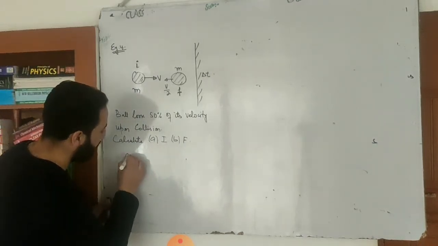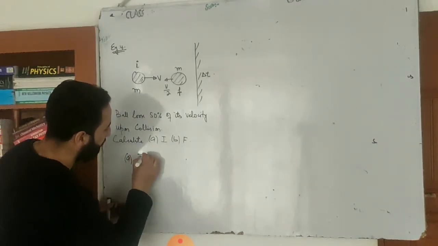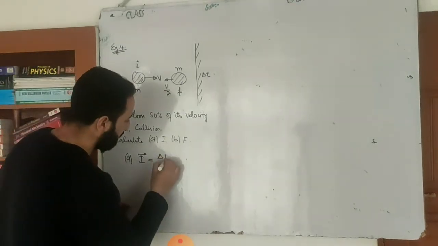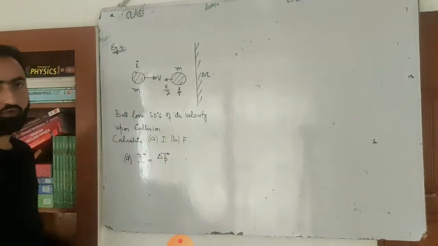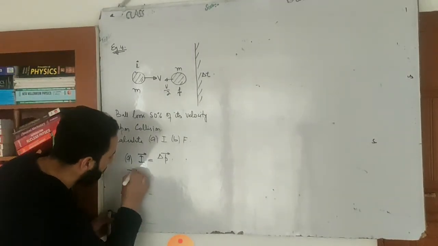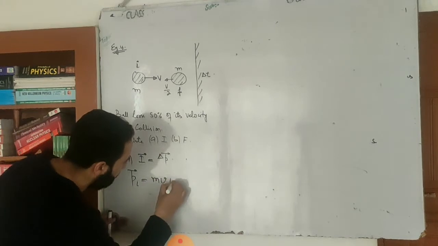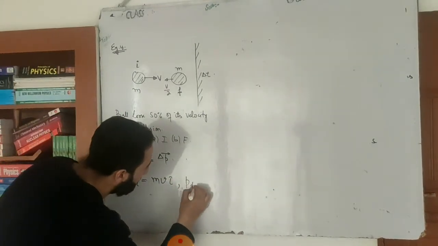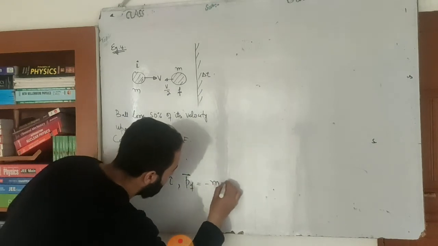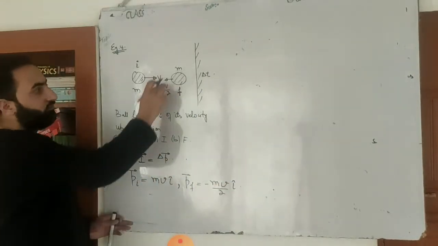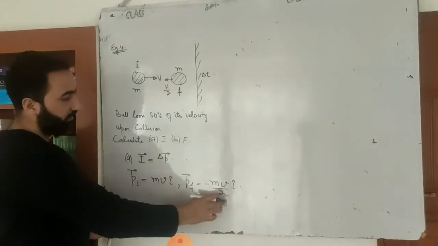A part is like this. Impulse I will be equal to, how much is that? Impulse is equal to delta P, the impulse momentum theorem. Okay. So let's calculate first of all delta P. For calculating delta P, what is the initial momentum? That's equal to m multiplied by v into I cap. What is final momentum? Final momentum is mass multiplied by velocity, so m into v by 2 multiplied by I cap.